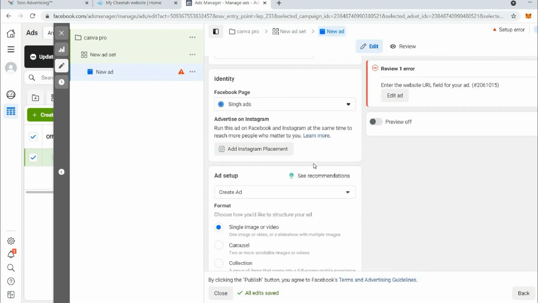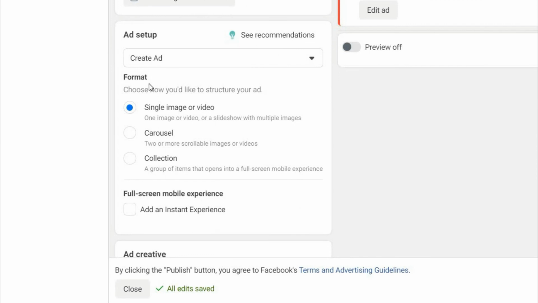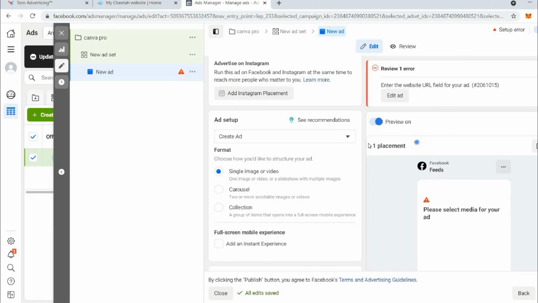And now you have to create a creative of your campaign, means you have to create the ad for your campaign. So you have to come here, and in the format you can choose, like if you want to upload a single image video, you can choose that also. If you want to upload a carousel, you can do that also. So let's choose single image and video. So before we upload an image, we have to create one, and we have to make sure that the image is really attractive, because we are promoting a photo editing software, so the image should be really attractive.